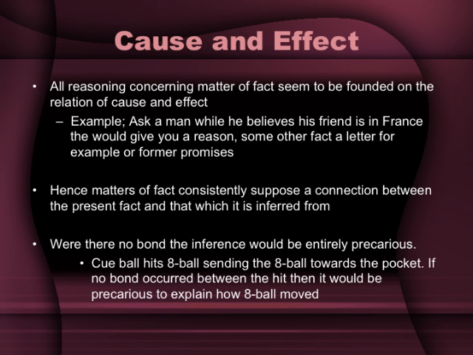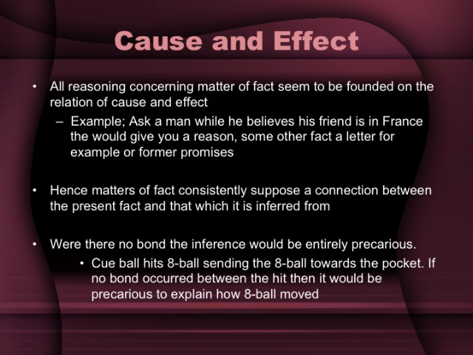And that doesn't work for the billiard ball hitting another billiard ball, because there is nothing contained in the motion of the first cue ball, or the cue ball itself. There is nothing inherent in the argument that a cue ball is rolling towards another ball that deductively proves, or whose definition is contained in, the 8-ball moving. It may not be an 8-ball. It may not be a ball at all. I've played pool where I've hit the ball so lightly that it is moving towards the other ball and the other ball doesn't move. I didn't put enough English on it, or for whatever reason.